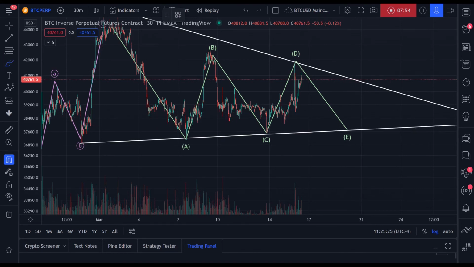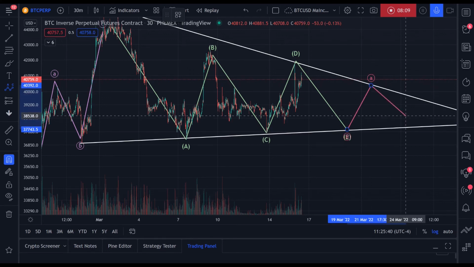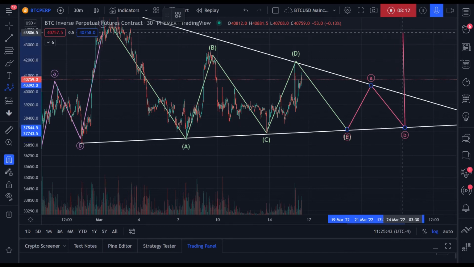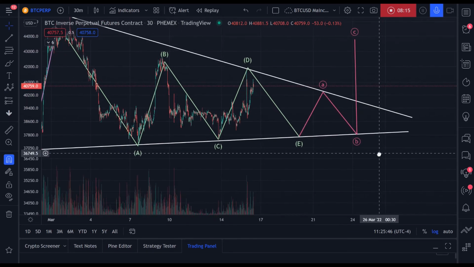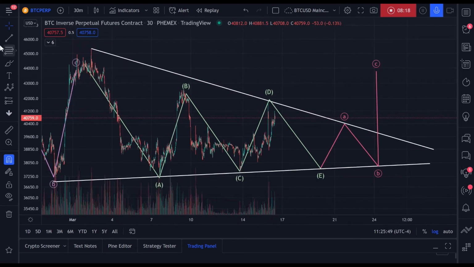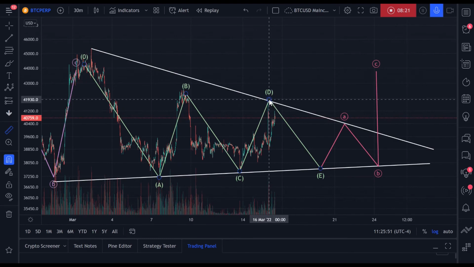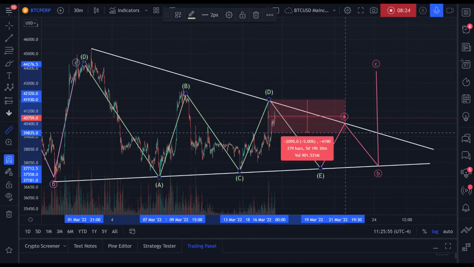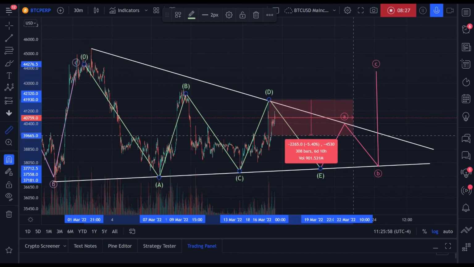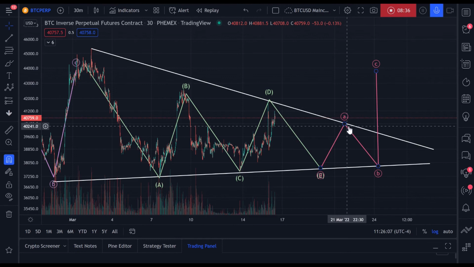From that point, we may very well anticipate our final move. In a reversal pattern, our final move is a simple pivot, and that pivot is an ABC correction that looks like this. Maybe it hits the top, maybe it doesn't, but it's likely to, and breaks out of the channel. Let's say the periodicity of 7 days on the tops remains, then we can expect A to hit at around the 23rd of March, perhaps.